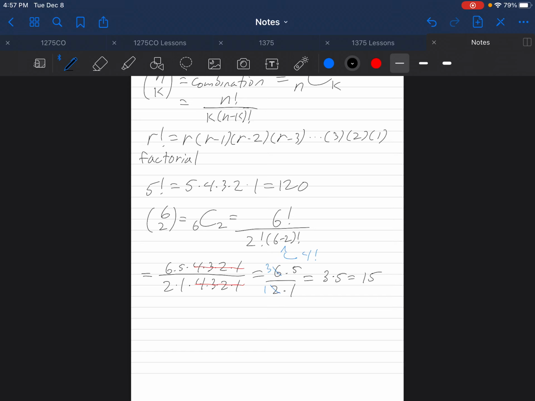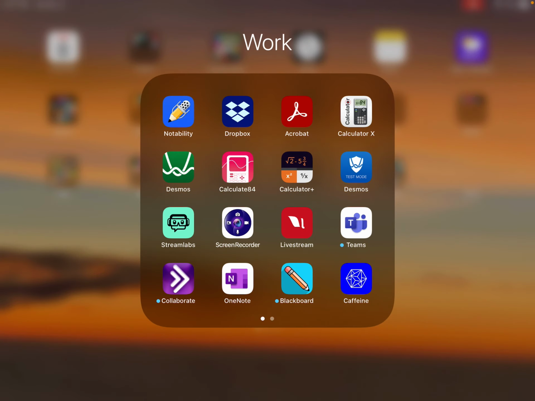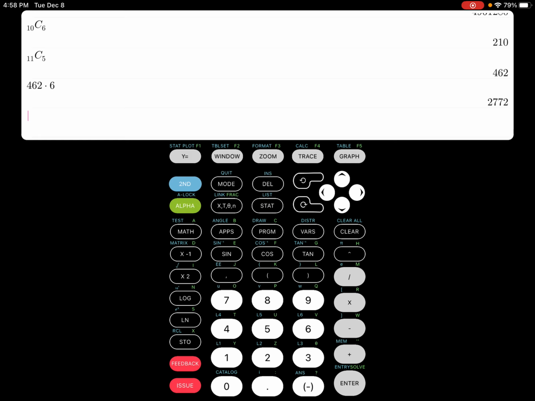Now, we do want to mention one other thing. This is how you calculate a factorial. Factorial can be calculated in a faster way. Let's remember that 6 choose 2 is equal to 15. In class, we use the TI-84 as our preferred